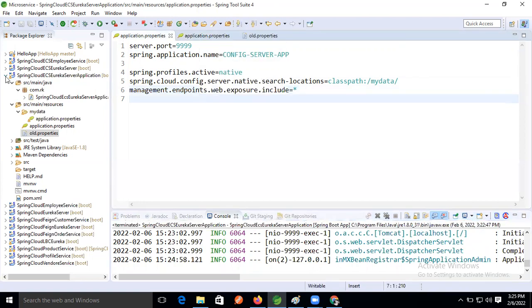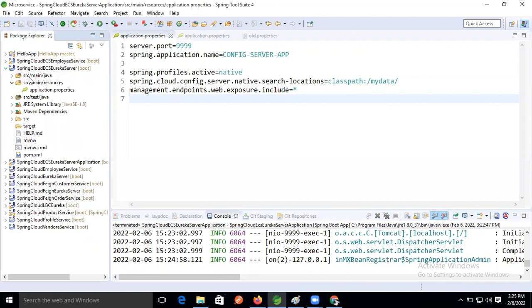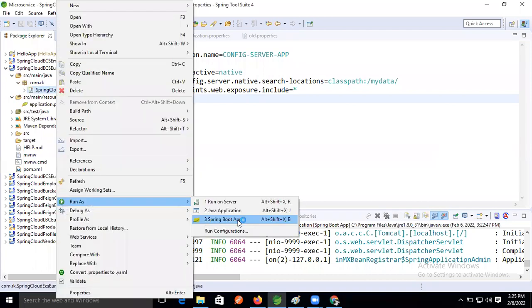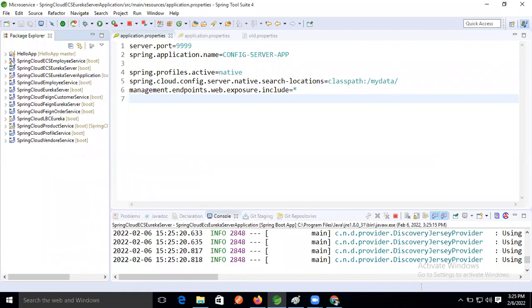Okay. First, which one will we run now? Eureka server. Now I'm running. Okay, Eureka server is up. Second, which one?